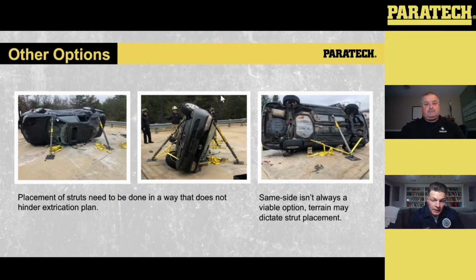So we prioritize putting two struts here on the clean side and one on the dirty side, making it very stout, preventing movement from either side. There's absolutely nothing wrong with doing two on the dirty side and one on the clean side. In fact, the one on the clean side is going to keep equipment out of the way as we start to extricate, because you have to have a little bit more finesse to make sure that those tools aren't going to rotate or move into those struts